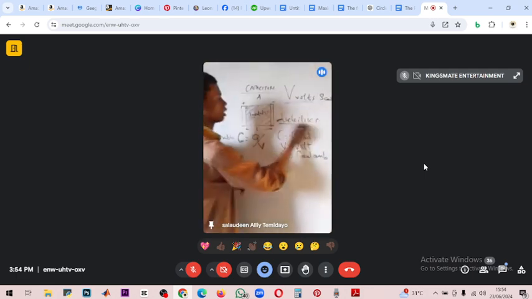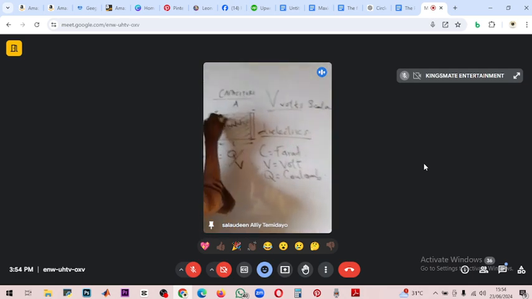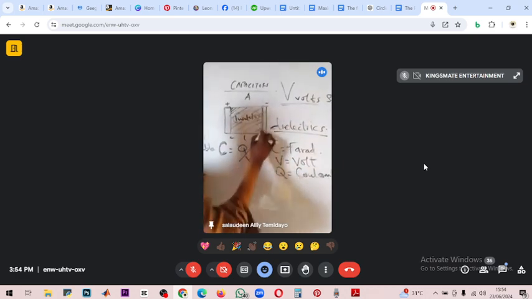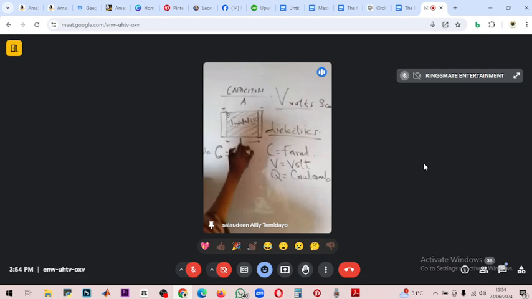So what do we mean by the dielectric? They are the insulators in between the poles of a capacitor. This is the positive terminal of a capacitor, negative terminal, separated by